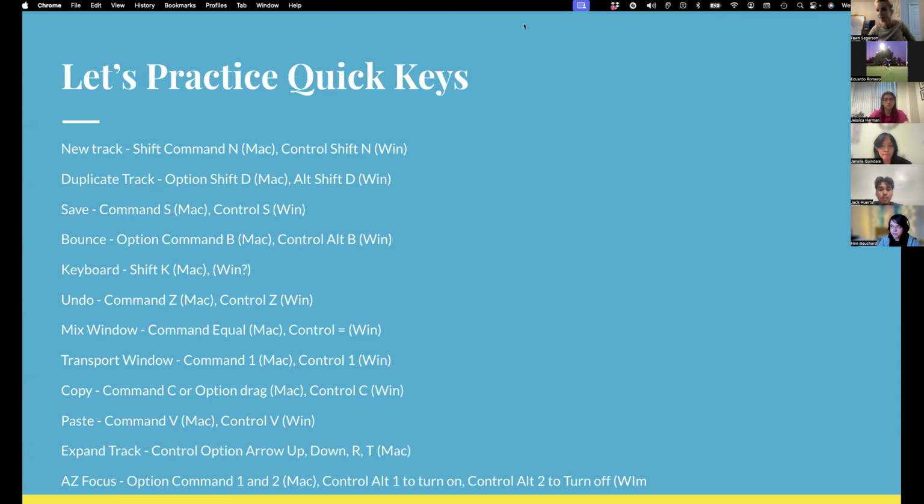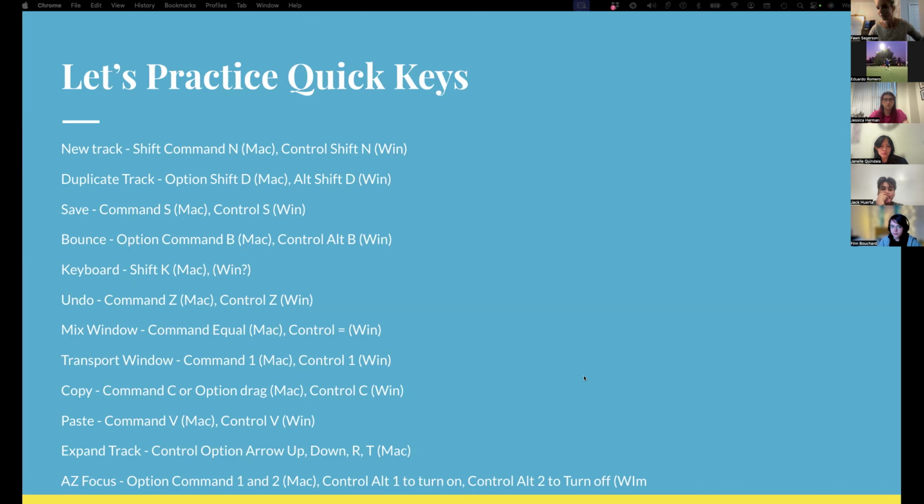Okay. All right. So in a lot of digital programs, there's this thing called quick keys. Command S is a common one across the board, which is save, just to help your workflow, so you're not clunking around with the mouse all the time. So in Pro Tools and other DAWs, there are quick keys that will help your workflow go really smoothly. So here are some that I think will help you out. If there's any on this list that you are curious about and want to know what the quick key is,